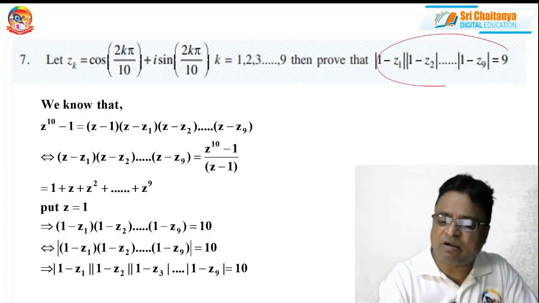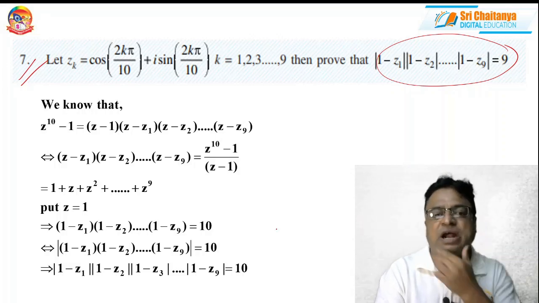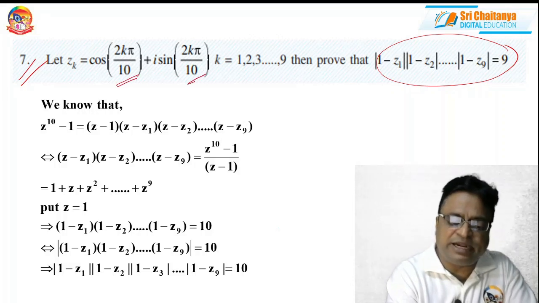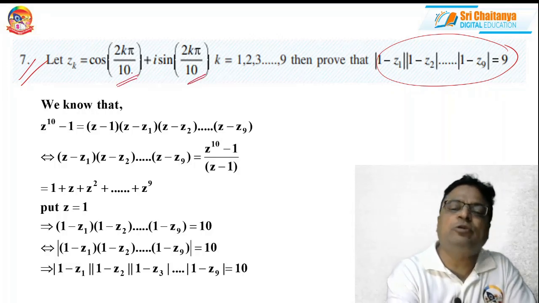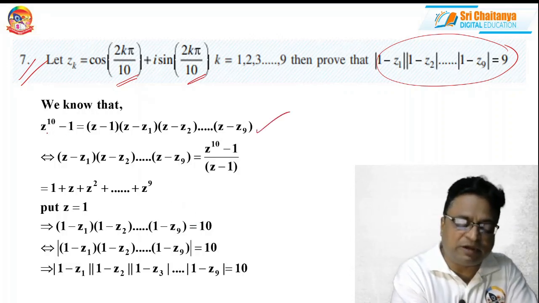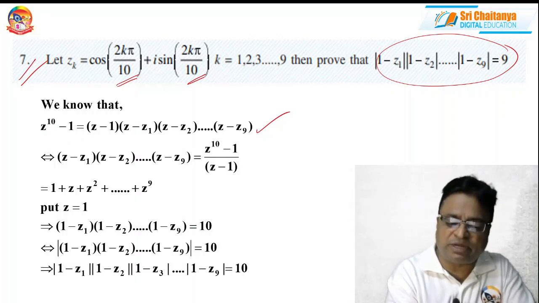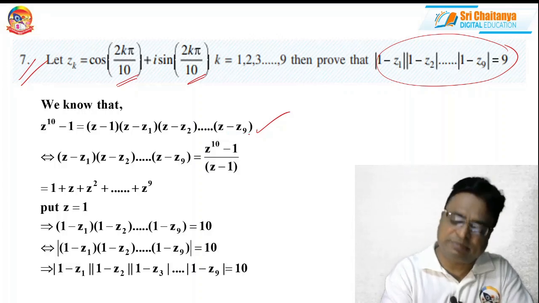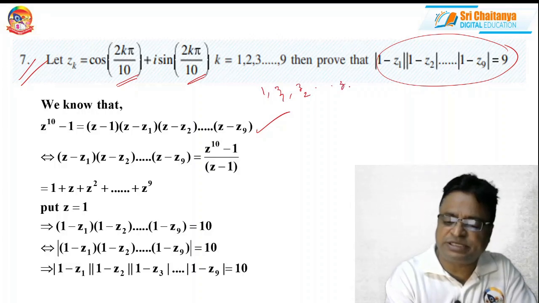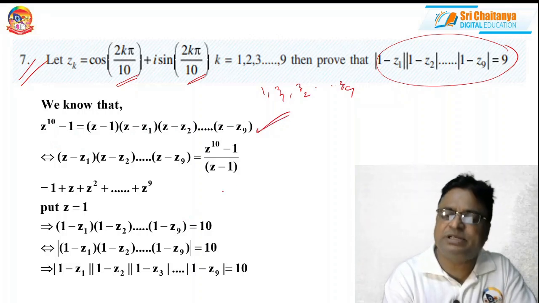But something has been given wrong. Actually, this question was asked in one of the JEE Advanced examinations also. By looking at the question itself, you will immediately get the idea. So these are the 10th roots of unity. Consider this one, because it is a polynomial of degree 10 and automatically it has 10 roots. Let the roots be 1, Z1, Z2, and so on up to Z9. That means a total of 10 roots. So I have written this conveniently as a polynomial equation.